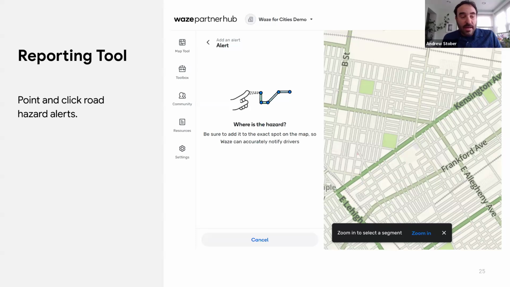So perhaps letting users know about a flooded road, or about police activity, or about where wildlife have been spotted. You can do all of that with point and click. Construction alerts are also a very popular thing to put in here. And when it comes to lane closures, which you can also add directly here, when it comes to construction, when it comes to crashes, all of those will flow through and appear on Google Maps as well. Those other alerts right now are not currently surfaced on Google Maps. So you can do this all as simple as a point and click. Next slide, please.